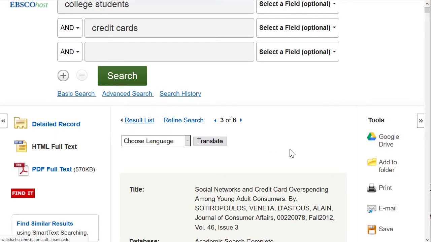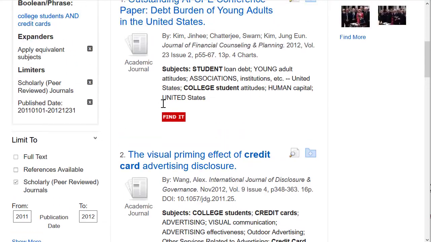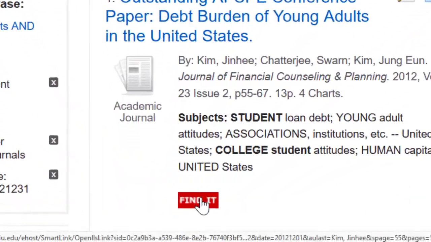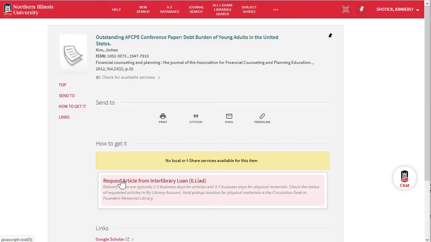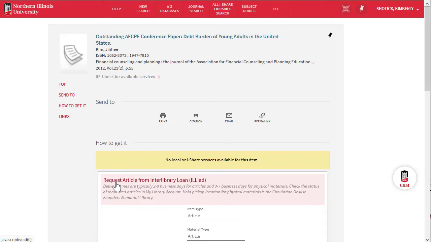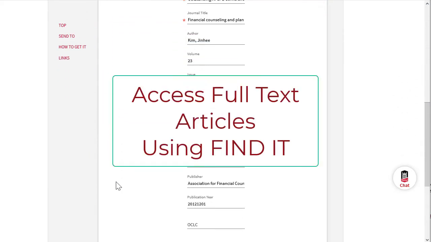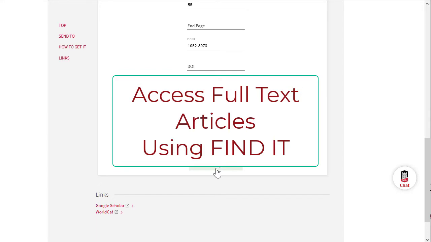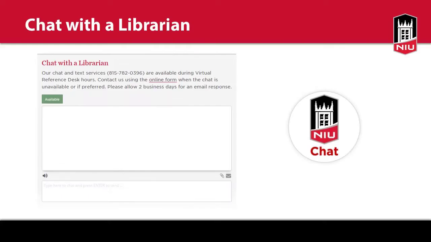If the full text of an article is not available, click on the Find It button to see if the article is available through another NIU resource or to request it through Interlibrary Loan. For more information about using Find It to access the full text, watch the How to Access Full Text Articles Using Find It tutorial. You have now learned how to find articles by doing a keyword search in Academic Search